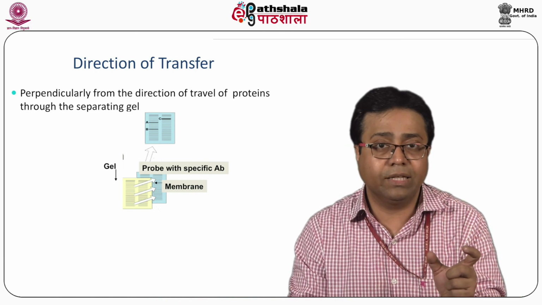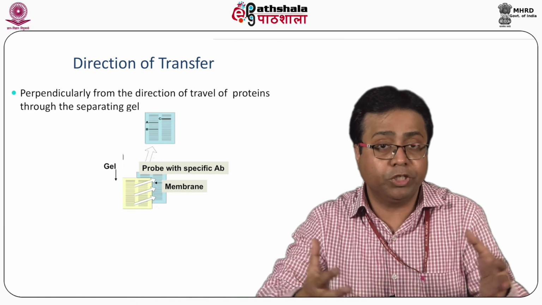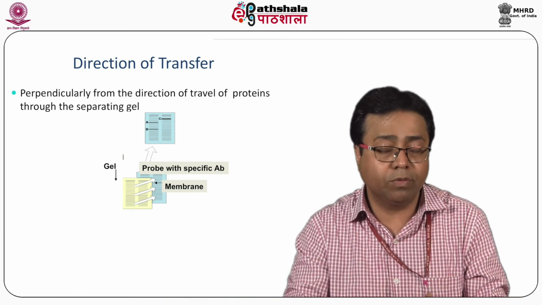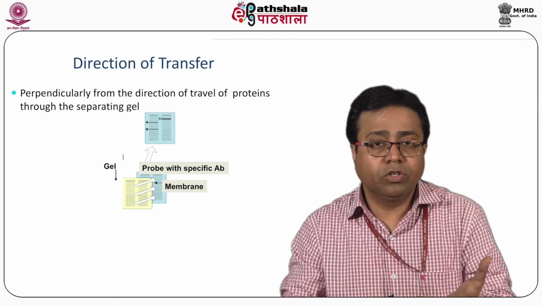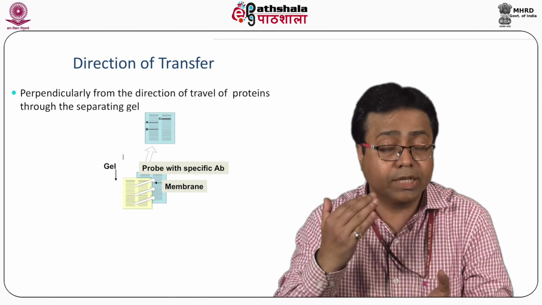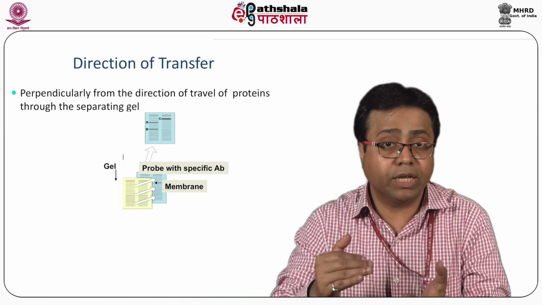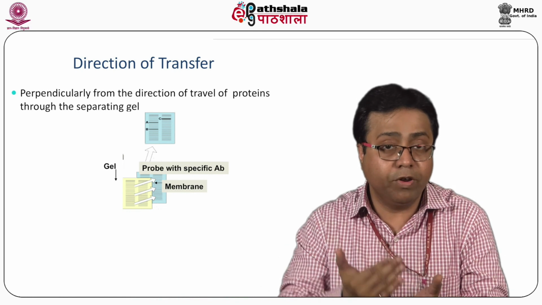It may be a technical error, that the blocking is not good. It may be a technical error that you have loaded too much protein, so the protein is spilling everywhere, and those proteins which should not be visualized are now being visualized. Another problem could be isoforms of the protein. The same protein can have multiple RNAs that code for it, and each of these RNAs can be translated, producing proteins of different molecular sizes.